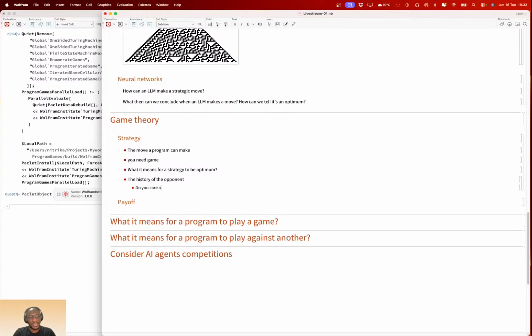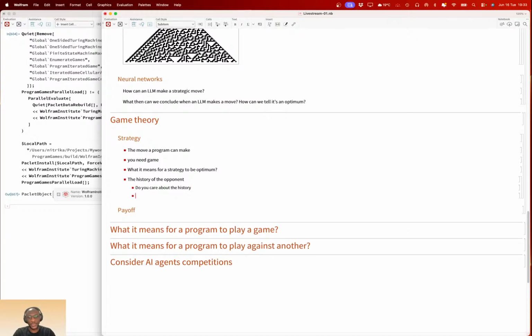Do you care about what the opponent made, or the history of the opponent, or do you also care about your moves combined, your history combined together with the opponent's moves? Because how you encode the information you receive will determine how you will play.